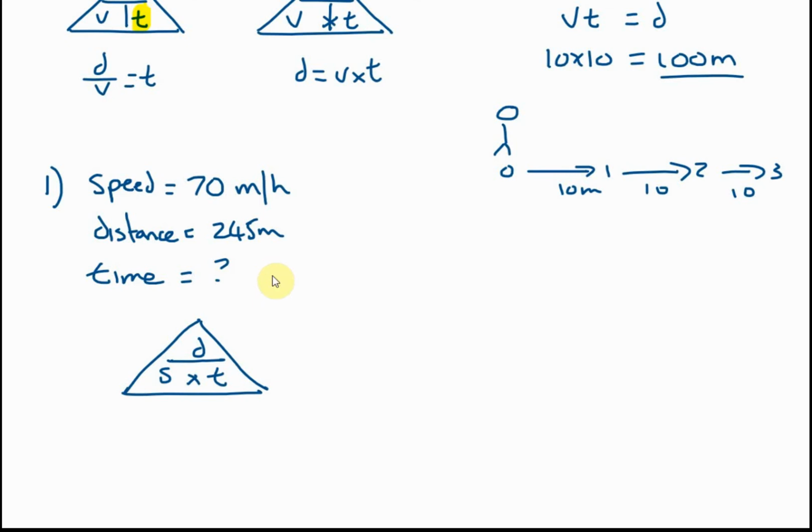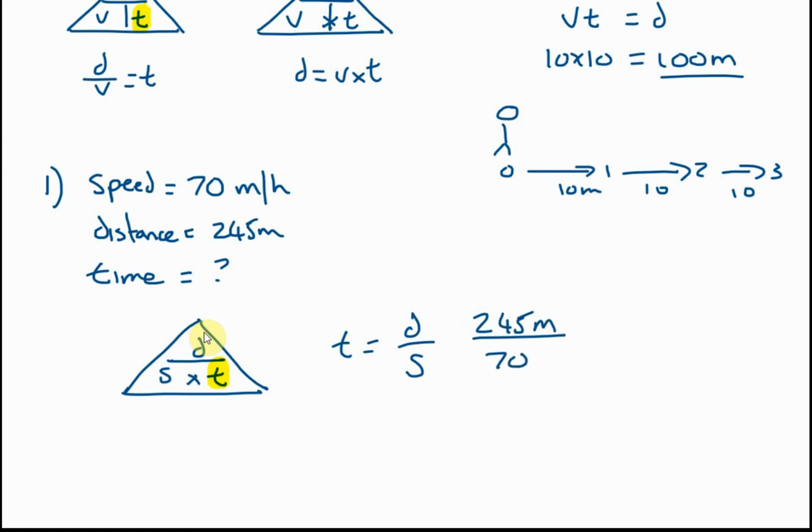So I'm trying to find t. So I'm going to cover up t, and if I cover up t, I'm left with d divided by s. Okay, so t is equal to d divided by s. Now think about that. That does make sense to me. If we think about the units for distance, we've got 245 miles, and if we divide that by the